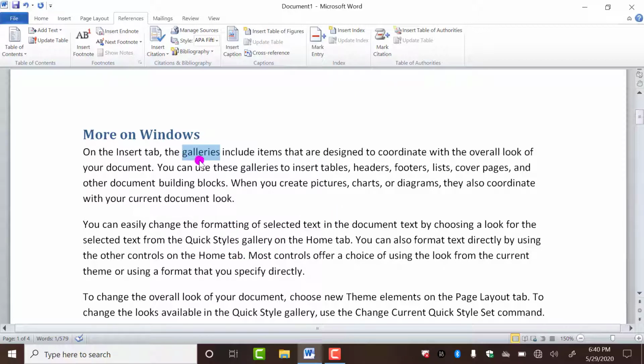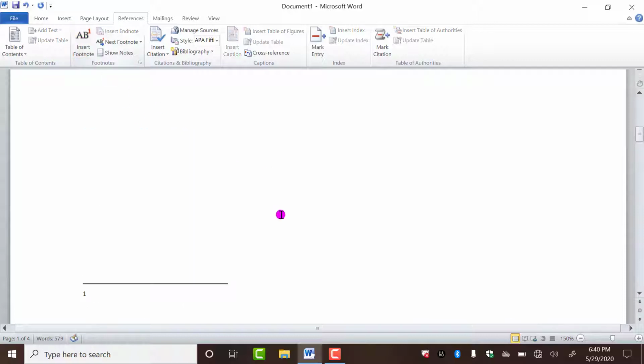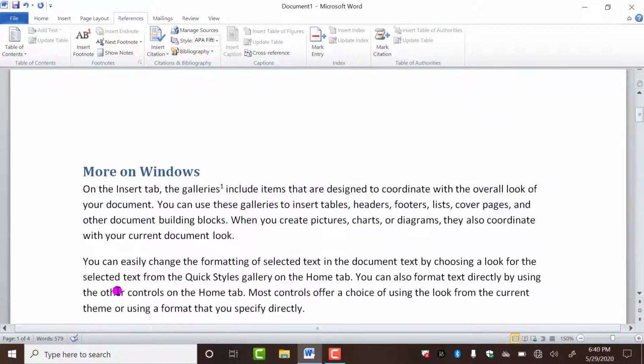So if you want to create the reference of that meanings, you can use this. How can you do that? For that, first of all, you have to select the text, and first I'm inserting a footnote. After selecting this, you have to click on this. As you do this, you will move to the footer area.